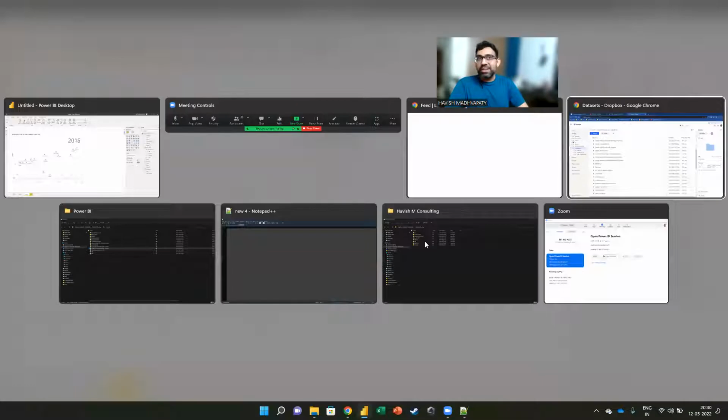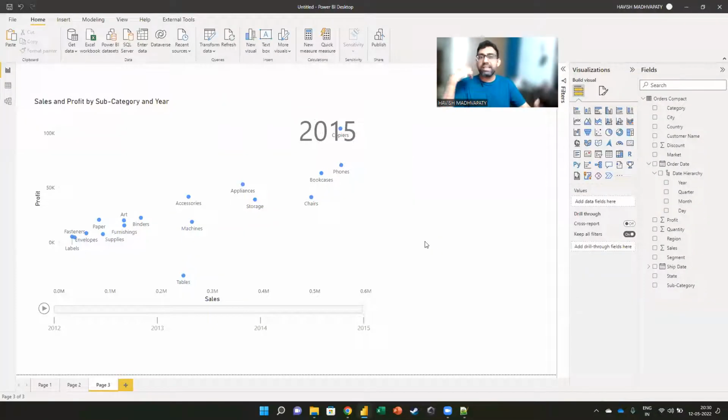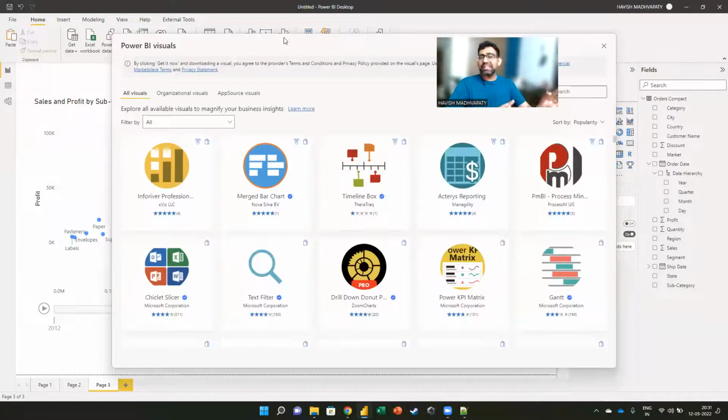Okay, let me show you some ready-made examples. See, these are the inbuilt visualizations. But in addition to these, there are lots of visuals that you can download from the market. Like on Android and iOS on your phone, you download an application, right? You can do the same thing even in Power BI. Watch this. So I'm going to select more visuals. I hope all of you can see my arrow. I click on this, and there are more than 300 visualizations available. Of course, some of them are paid, but a lot of them are free as well.